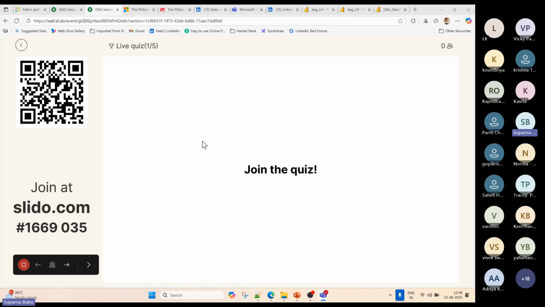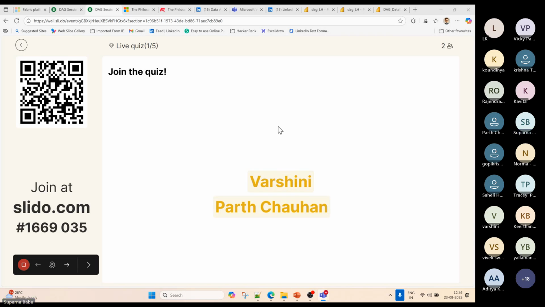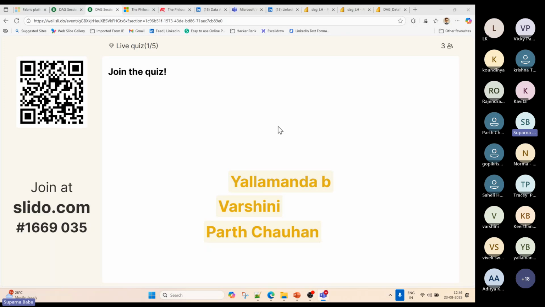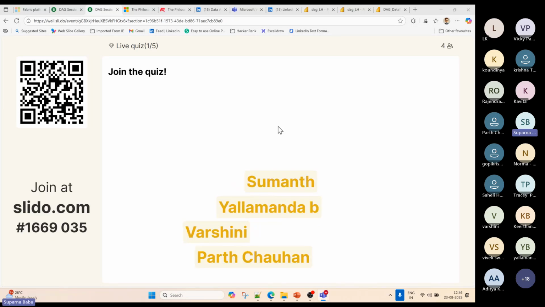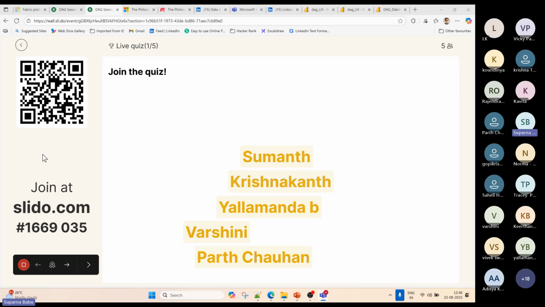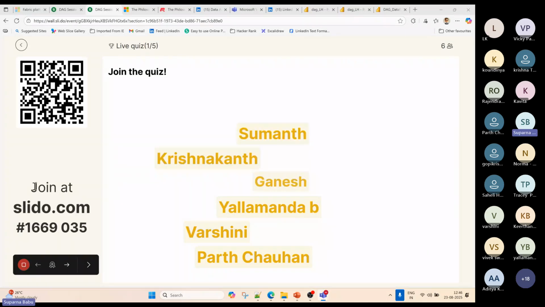I want to see 30 names here. Okay, Varshini, very good. Parth, very good. Yalamanda, very good. Sumant, come on. Only 4 members. I think I will wait 2 to 3 minutes because it will take some time, as some of you are attending from mobile, I know. Come on team, scan this QR code or go to slido.com and enter this. It's just for fun.